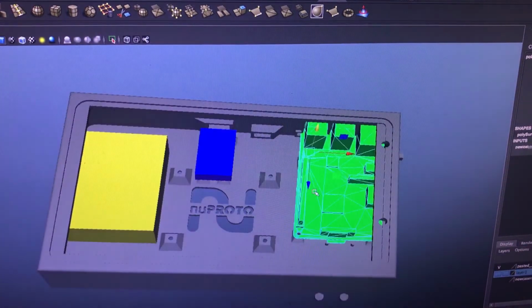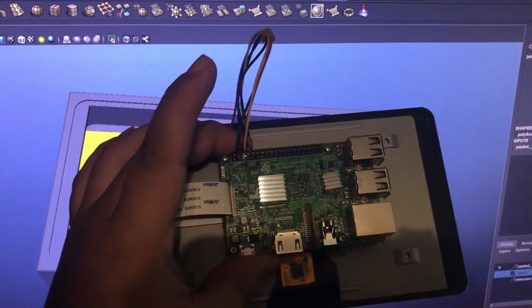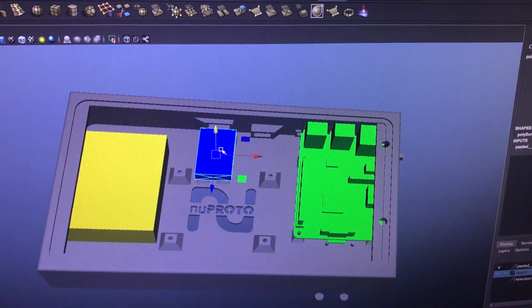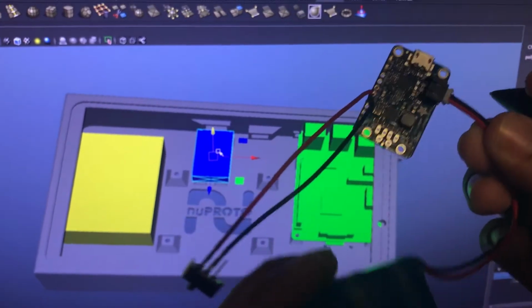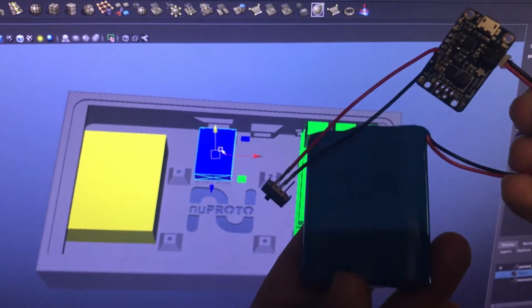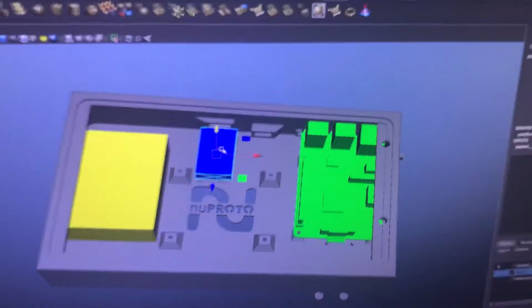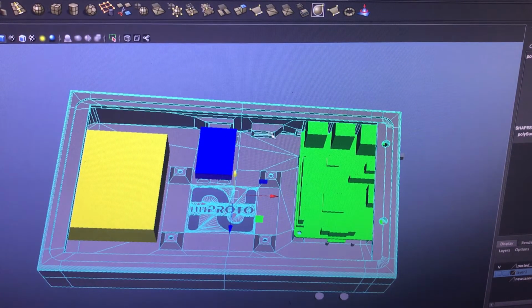This thing right here is my Raspberry Pi. That's my Raspberry Pi right here. And this over here is my power boost. Pretty much it lets me charge my lithium battery, and that over here is my power switch. So this right here is the battery, this is the power boost, and then this is where the power switch